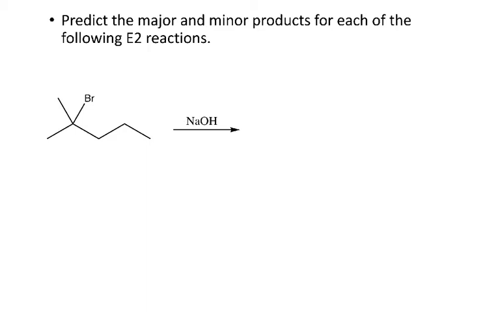So in order to predict the products, I need to know where I have hydrogens on beta carbons. This is a methyl group, so I've got hydrogens there. I've got hydrogens there, and those are my only beta carbons. Now, these two methyl groups are chemically equivalent, so it doesn't matter whether I take one of these hydrogens or one of these hydrogens, the product is going to be the same. And so if I take one of those, my product is going to look